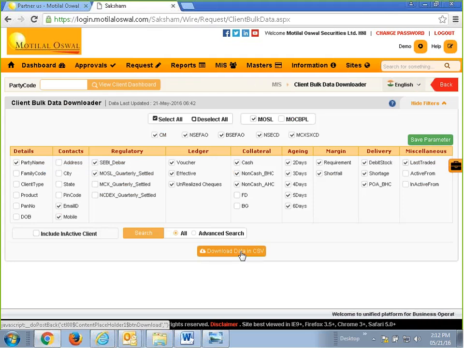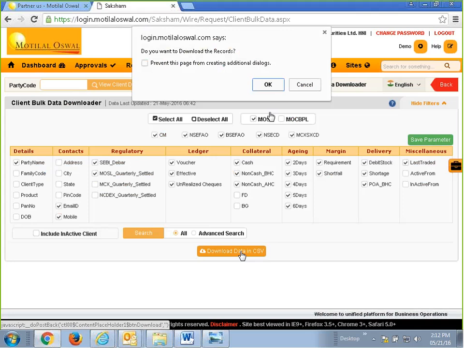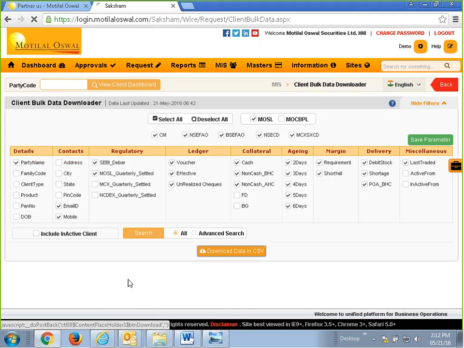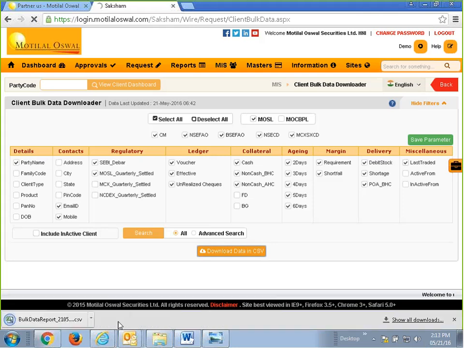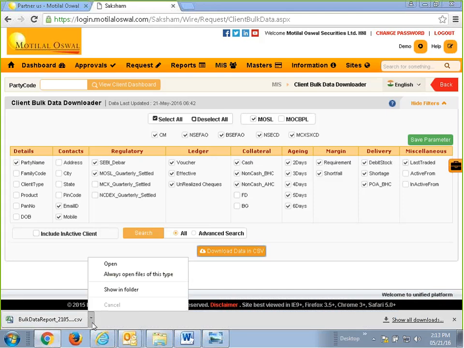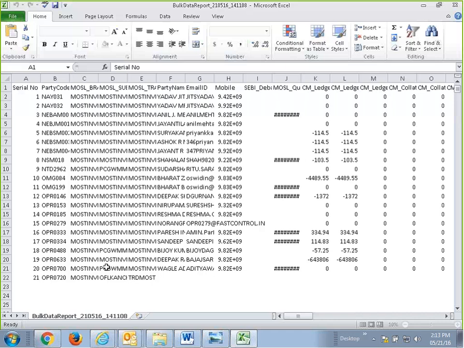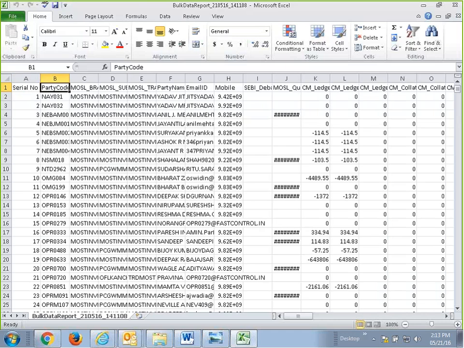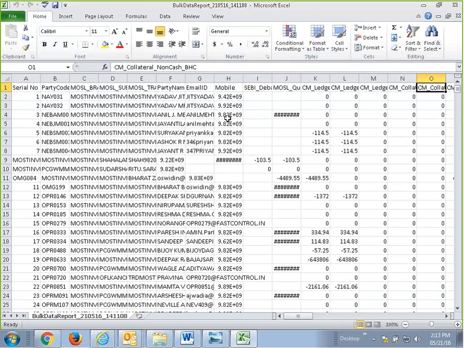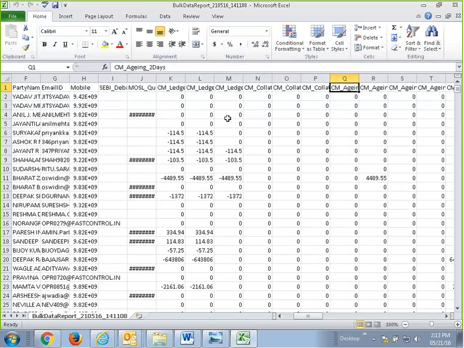You directly need to click on download data in CSV. I'm going to click on that. The complete report will be downloaded in CSV and will be available. You see the report has been downloaded now. This will provide me the complete list of clients with all the parameters which I have selected on the screen. You can see the heading here,